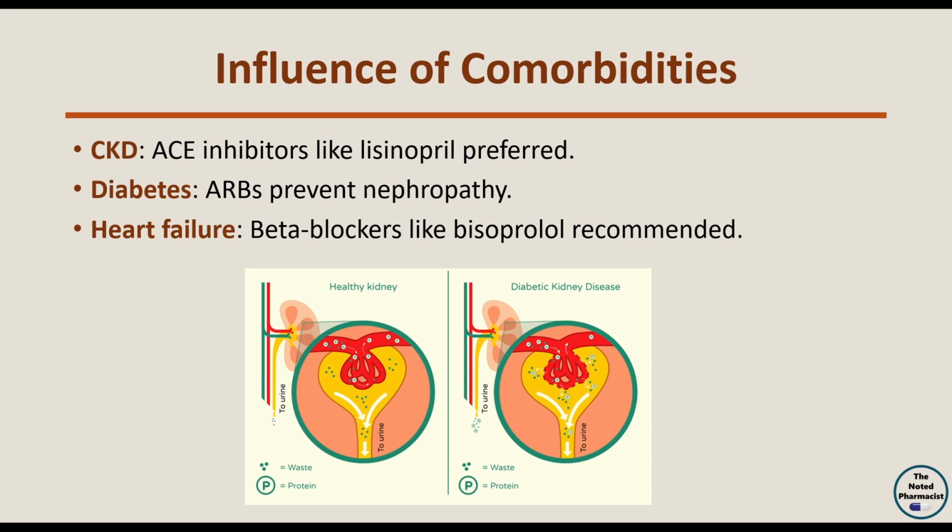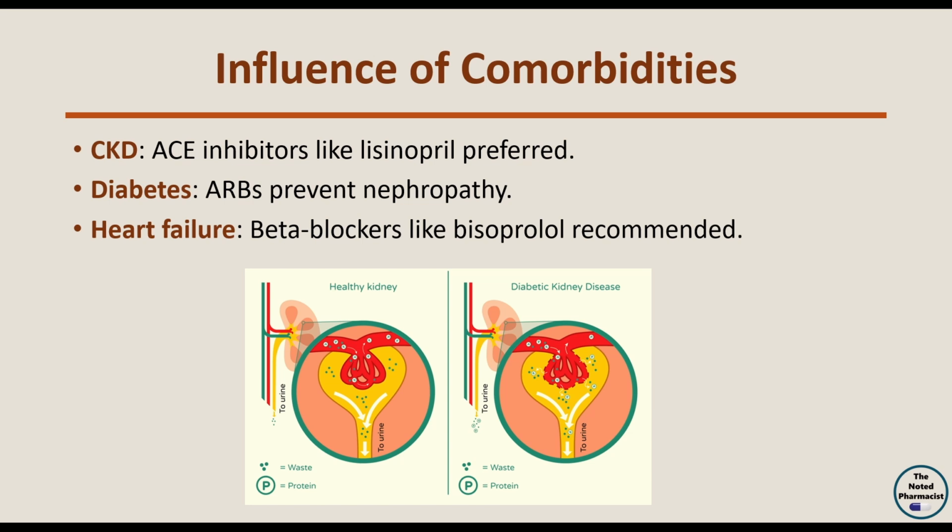For example, ACE inhibitors such as lisinopril, 10 to 40 mg daily, are prioritized in CKD due to their renal protective effects. Conversely, beta blockers like bisoprolol, 5 to 10 mg once daily, are more suitable for patients with heart failure with reduced ejection fraction, HFrEF. In diabetic patients with hypertension, ARBs such as irbesartan, 150 to 300 mg daily, are preferred due to their ability